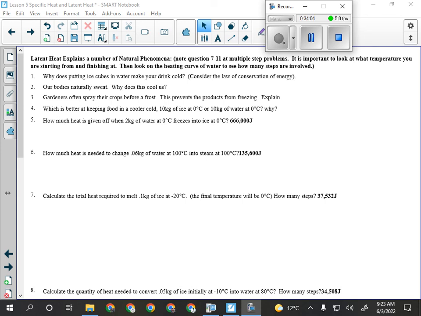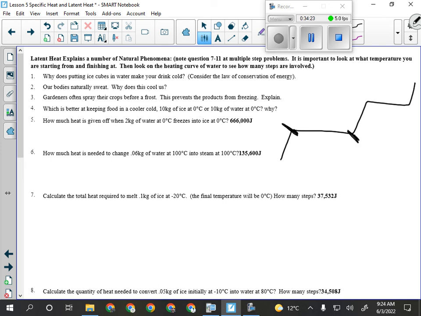That and everything will get soggy if we just fill it with ice, or with water. But eventually, the ice turns to water anyway. The advantage of the ice is that it's lower on the curve. This is our heating curve. If I just fill a cooler with water, I'm starting here. But if I fill the cooler with ice, I'm starting here. That gives me more of the curve to absorb energy, and it's going to do a better job of it. So that's kind of questions 1 and 4.